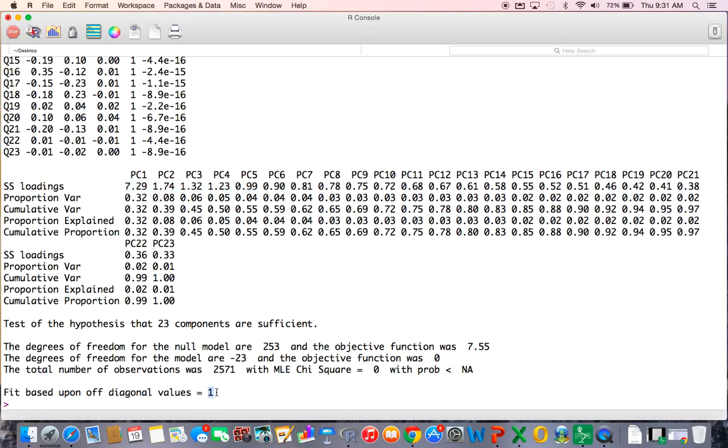This fit based off the diagonal values is really interesting to us once we perform the rotation. But as it stands right now, that's not interesting at all. So it kind of looks to me like I'm leaning between 4 and 5 factors. So I'm going to do my scree plot. And I want to do $1, and what do I use there? No, values, yeah. Equals